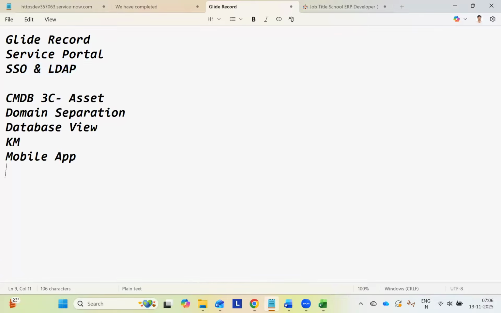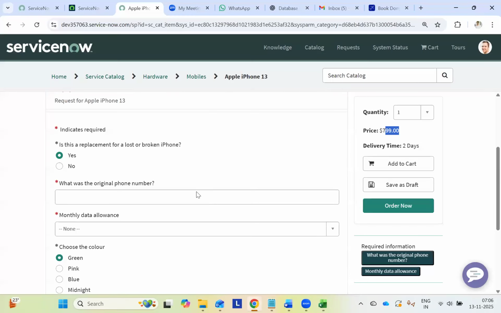Suppose I want to log in to ServiceNow. Just now, before starting this session, I was logging into my instance, my pre-prod instance. It was asking for username and password as well as